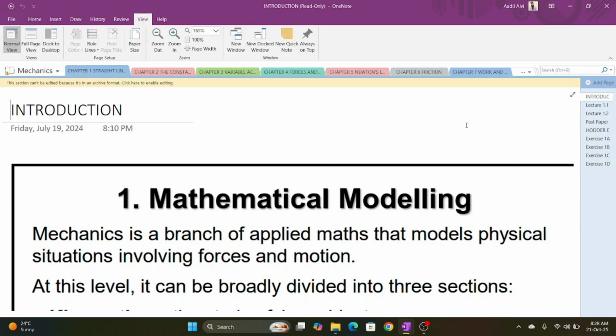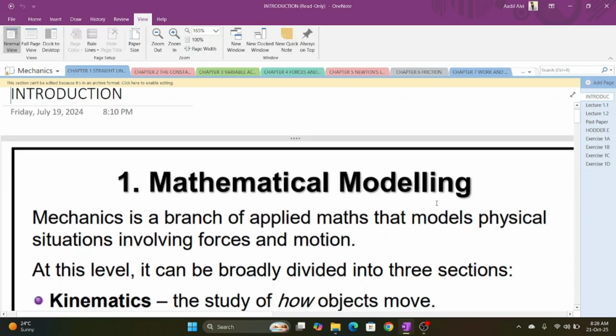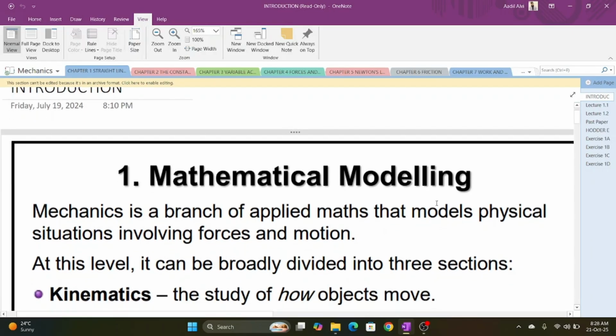Now mechanics can be divided into three sections. The first section is kinematics. Kinematics is the study of how objects move, which involves the speed, velocity, acceleration, displacement, distance, and time. All these variables are related to the kinematics of an object. When we are dealing with kinematics, we do not discuss the forces because we only look at one aspect at a time. We do not look at everything at once, but we break them down into different